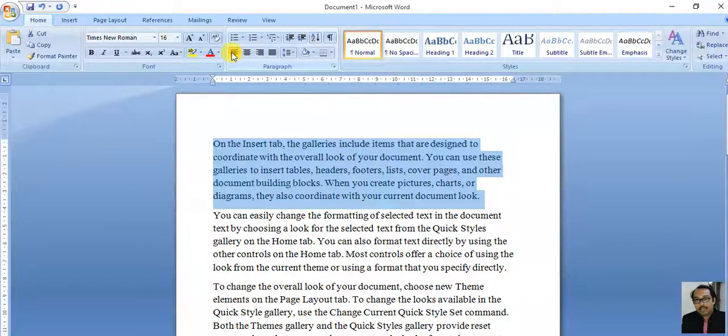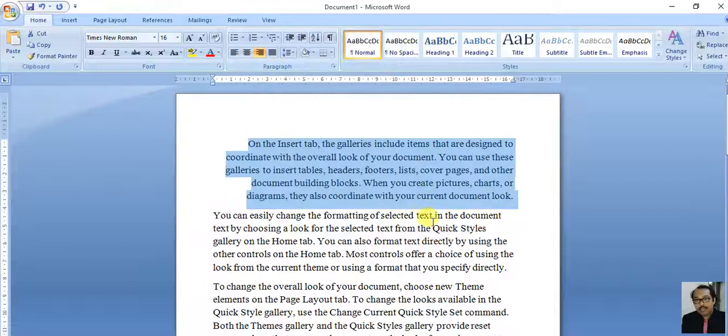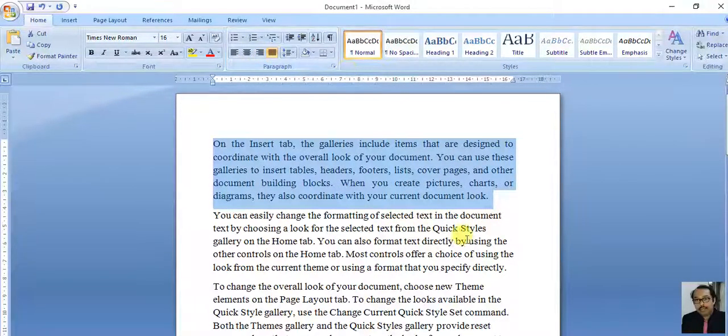Look at the shortcut, Ctrl plus L. This is central alignment. This is right alignment. You can see the movement of the text, and this one is justified. Justified means everything will be aligned in the block properly so that the margin appears uniform on the left side and the right side. So this is the concept of justified.